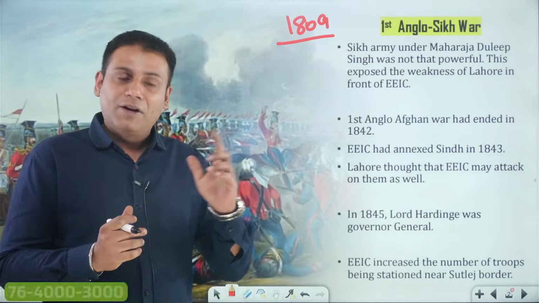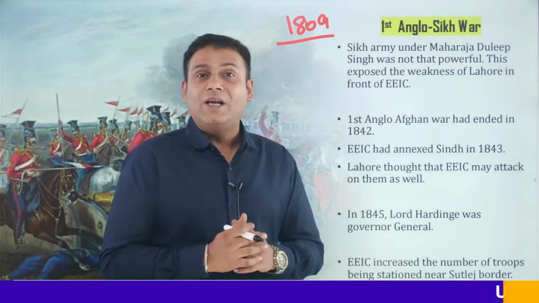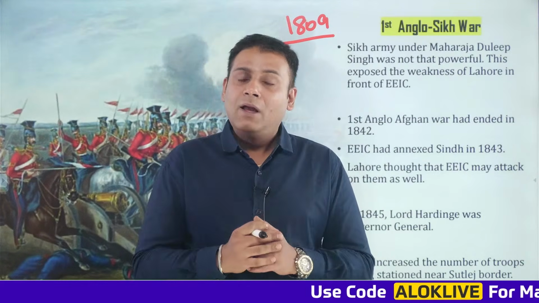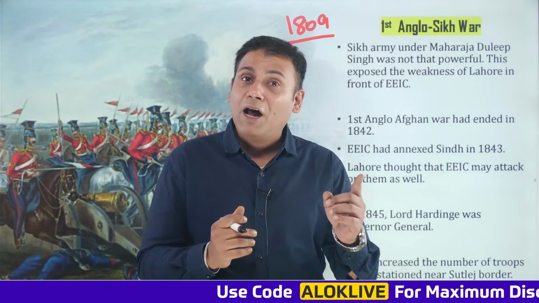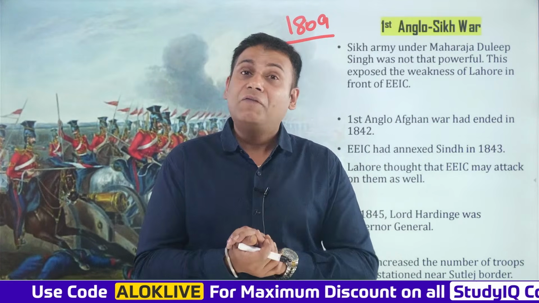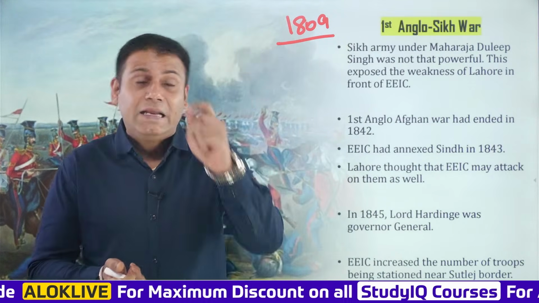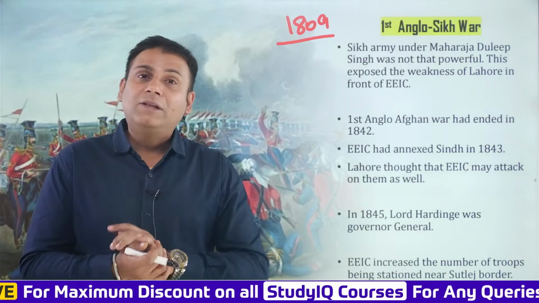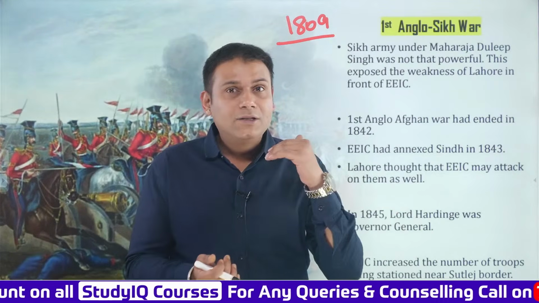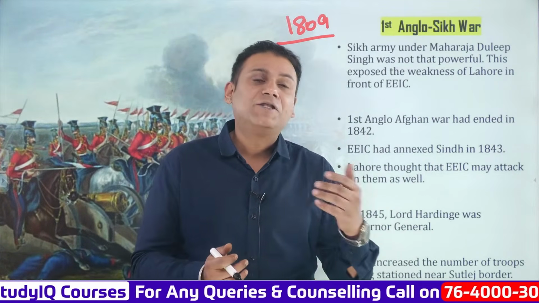Alexander I of Russia and Napoleon of France had made a combined alliance against the English East India Company. And they had decided that the combined army of Russia and France would attack the territories of the English East India Company, precisely in India. And for that purpose, the English East India Company activated its security cell policy or ring fence policy.